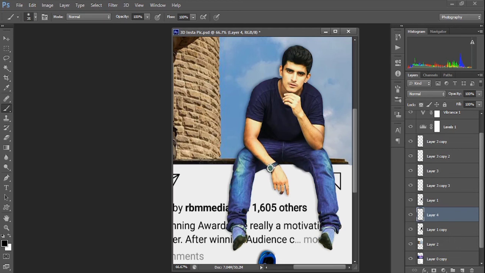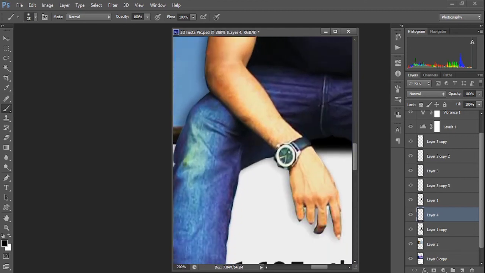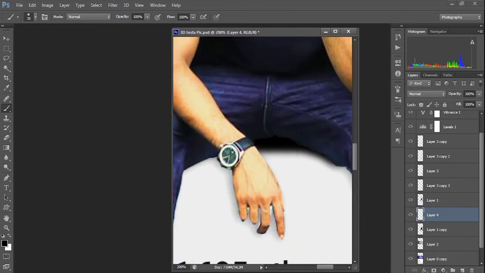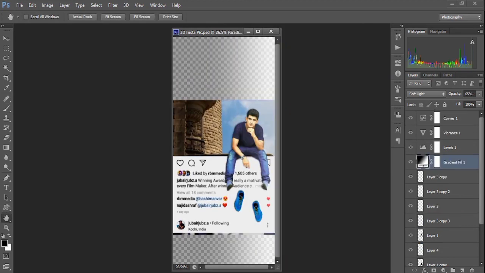So I'll just make like this. Okay, I'll zoom this area a little bit, and I'll just make so that you can see that there is some shadow. So these are the adjustments that I added in addition to this image